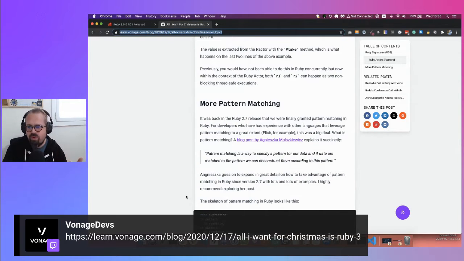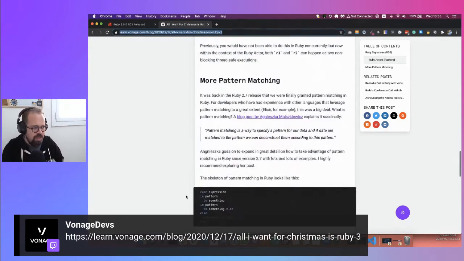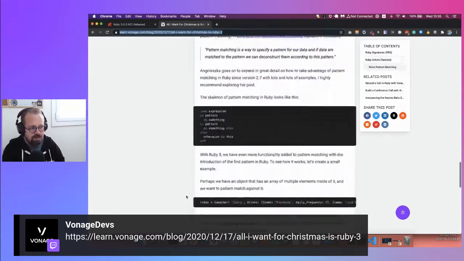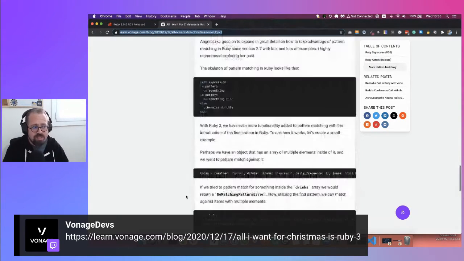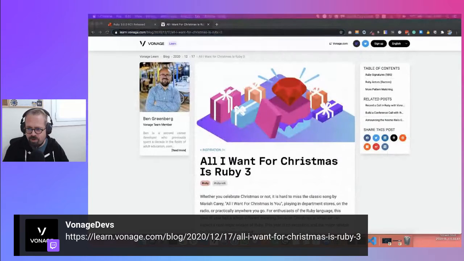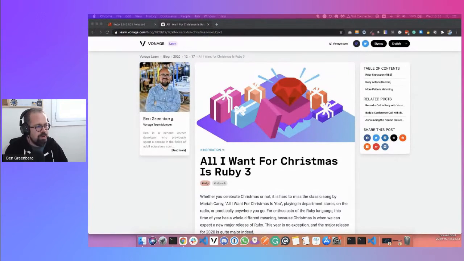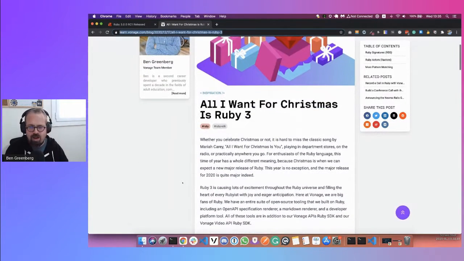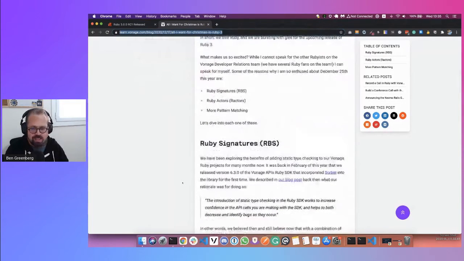And in Ruby 3, we expand upon that with even more options for pattern matching. So that gets even more built up in Ruby 3. There's a lot more stuff happening in the Ruby 3.0 release, and we're going to talk about some of those other things too. But in particular, I want to focus in on the Ruby signatures, Ruby actors, the Ractors, and more pattern matching. That's really exciting for me.